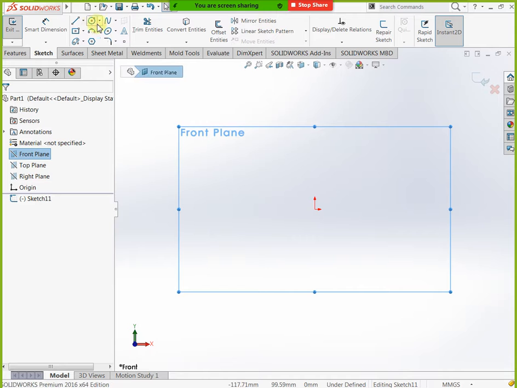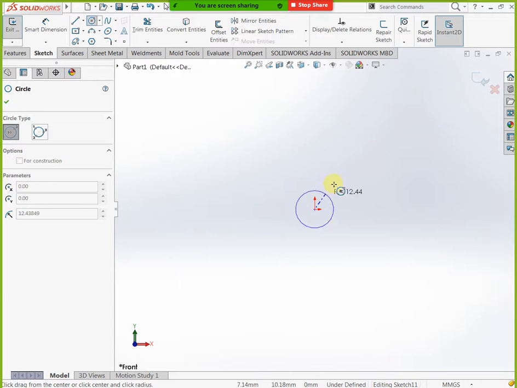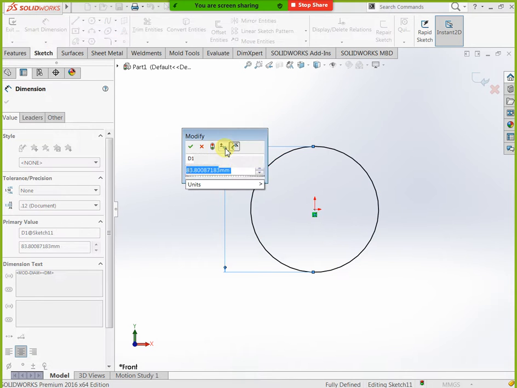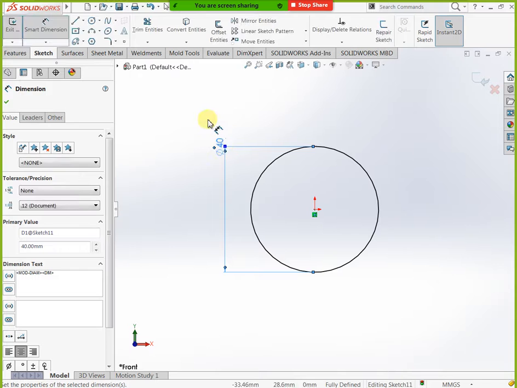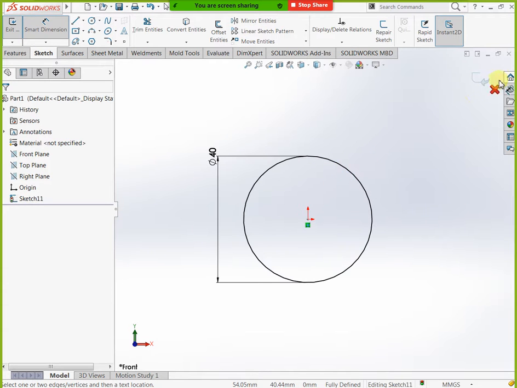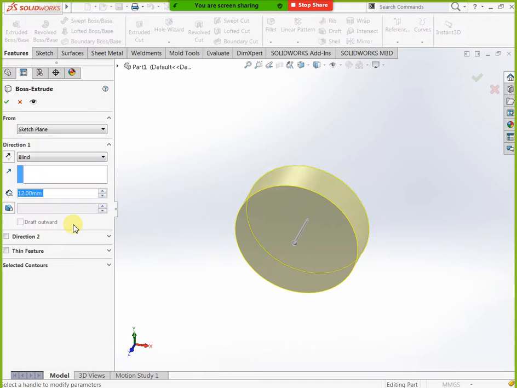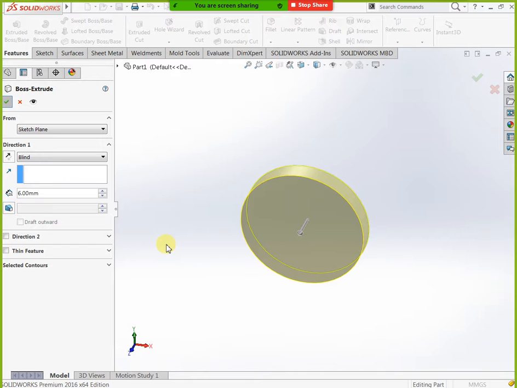Next we need to create this feature. This is 32. At the same time here we have 4 height and radius of this one 23. Now create that feature. Select this one, go to sketch, control 8. Now take one circle, that circle diameter is 32.